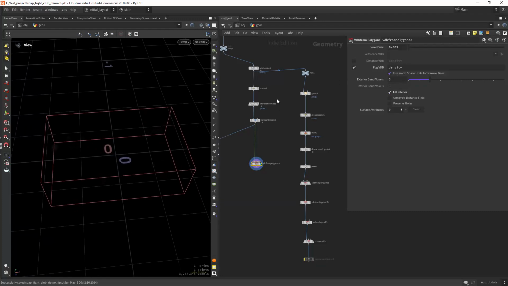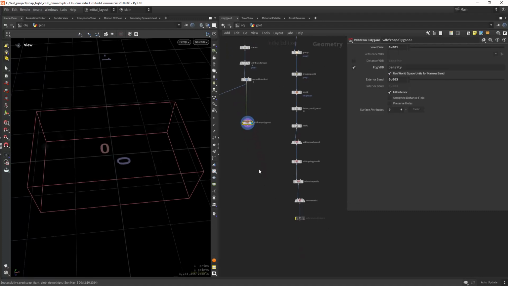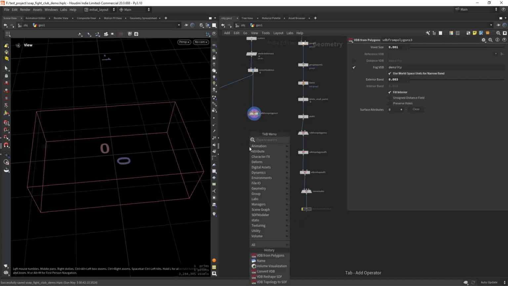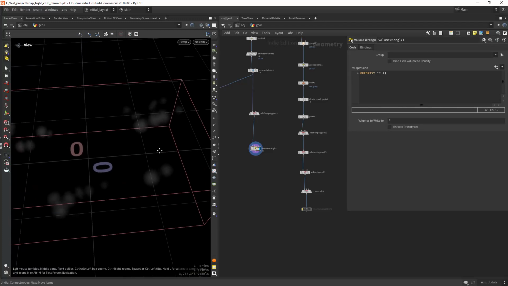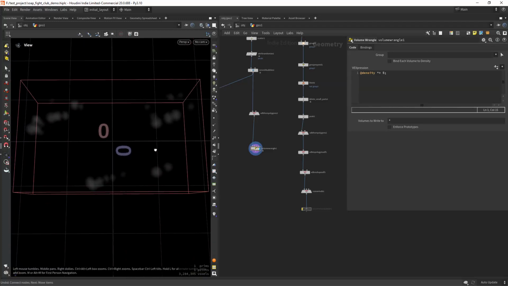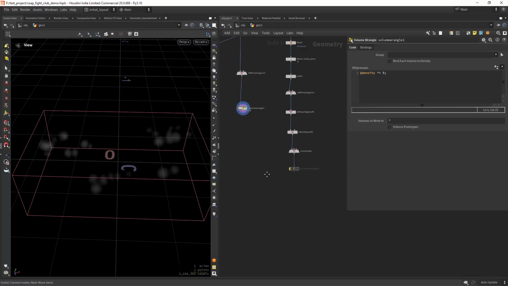And use this. 0.01 is fine, and in this case we want to actually increase the density, so we will use a volume wrangle, and we will say at density times 5. So in this case we will have actually some more density,